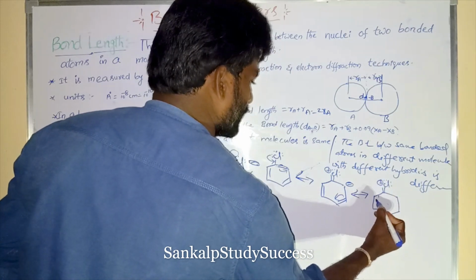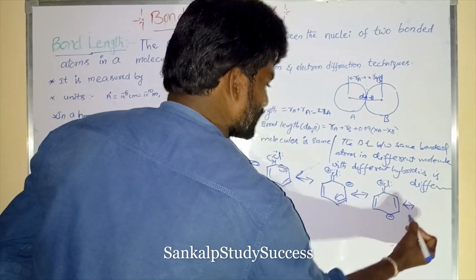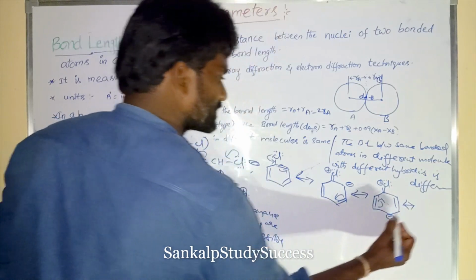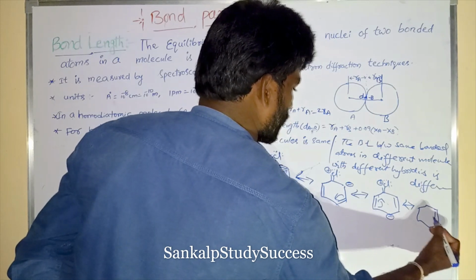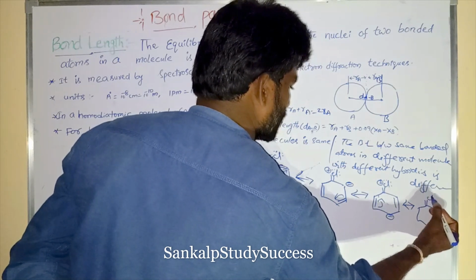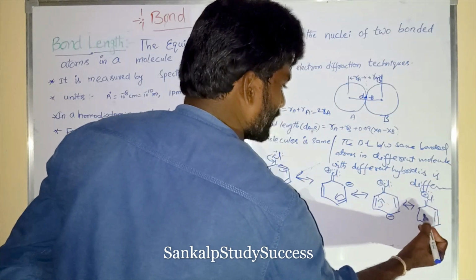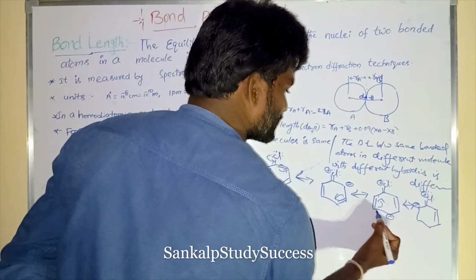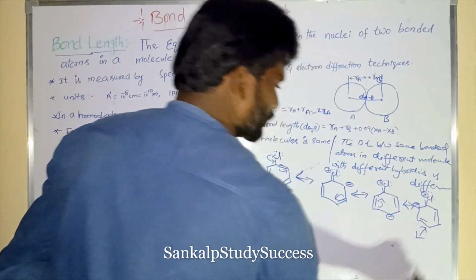So these are the resonance structures: double bond, minus, double bond. Similarly we can write this. What happened? Double bond Cl plus, double bond, lone pair, and it is carrying a negative charge. This plus and minus can form a double bond. Now we can write another structure.